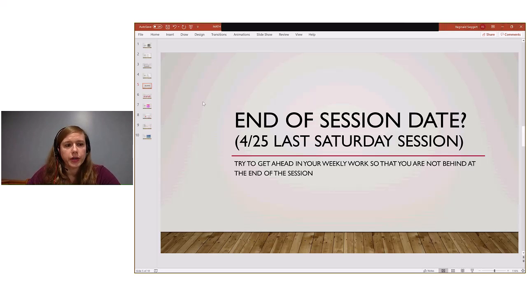Keep going in your weekly work. If week 4 is a little bit easier for you in terms of topic and lecture and quizzes, then keep going. Jump into week 5 and see how you do. If you have questions at any point, if there's topics that we haven't discussed yet, reach out. We are in uncharted territory, obviously.